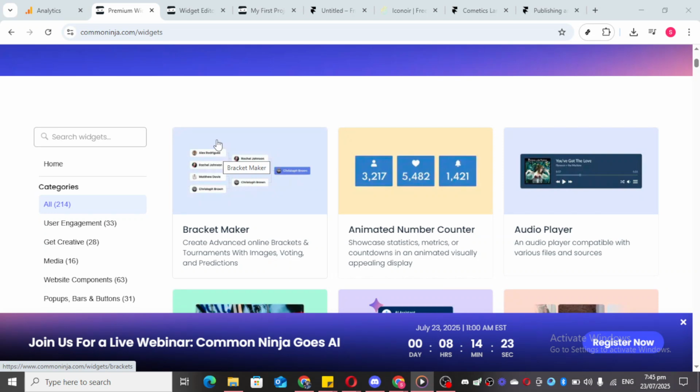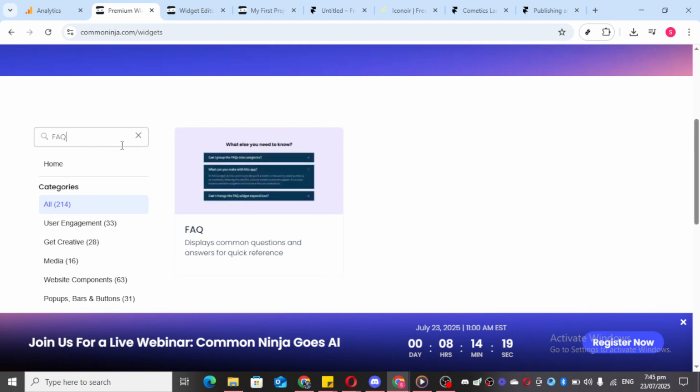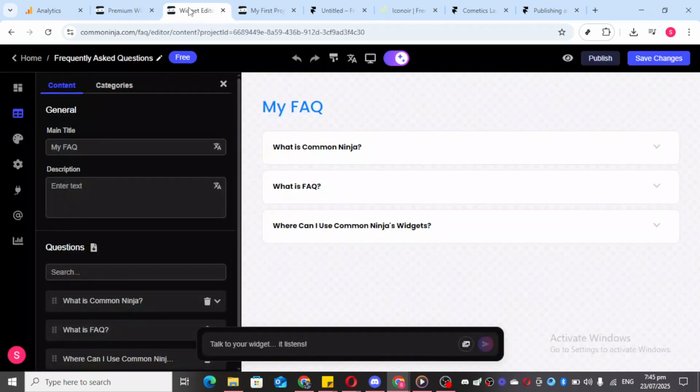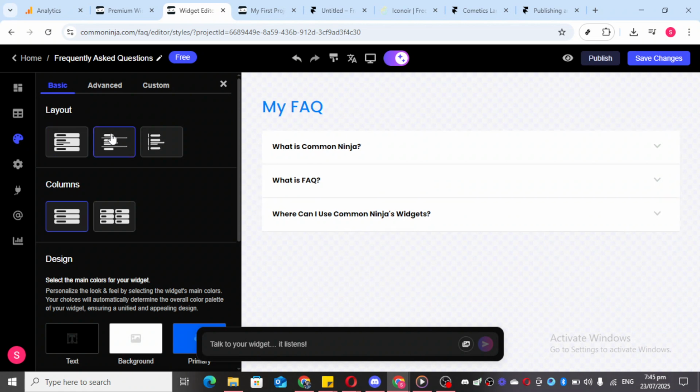In the search bar, type in FAQ to find the FAQ widget that we'll work with today. Once you've loaded the FAQ template, you'll see an array of customization options on the left side of your screen. Here, you have the freedom to tailor everything to your preference. This is your chance to infuse your brand's personality, whether it's through colors, fonts, sizes, or more. Take your time to edit and adjust the settings, ensuring the FAQ aligns perfectly with your website's design and overall